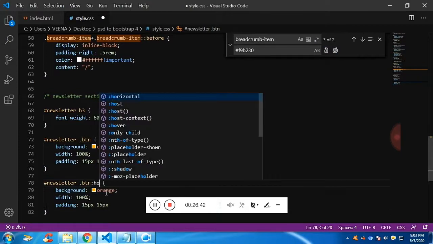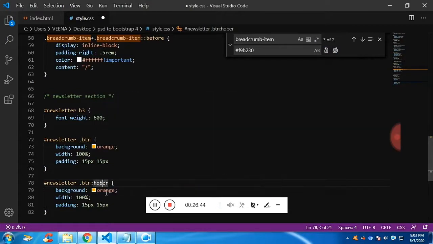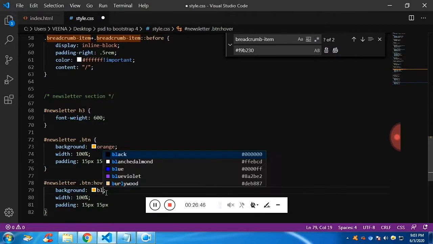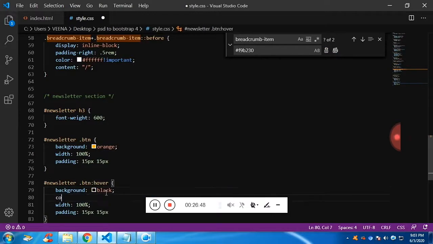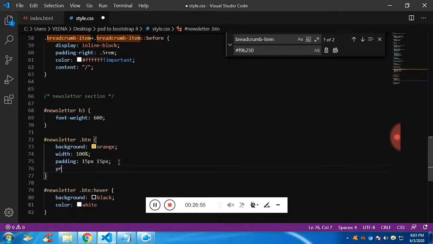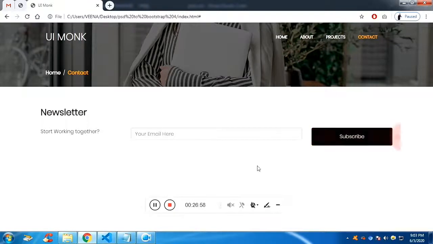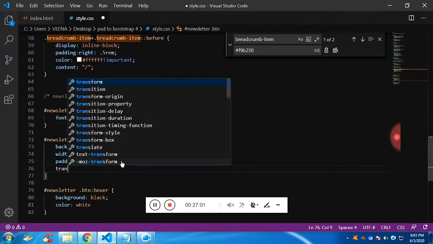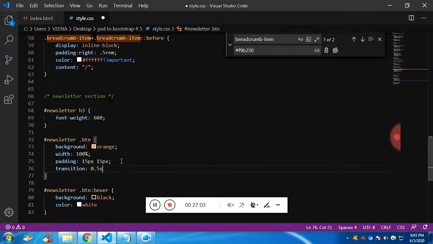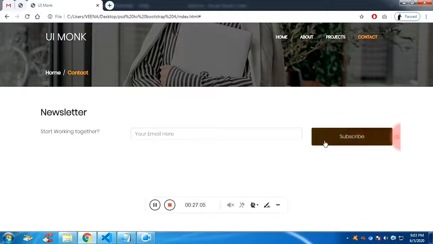Let's give the hover effect to it. When I hover it, I want the background to be black and the color should be white. And I need a smooth transition, so you can see it is quickly changing. Let's give a smooth transition from orange to black in 0.5 seconds.